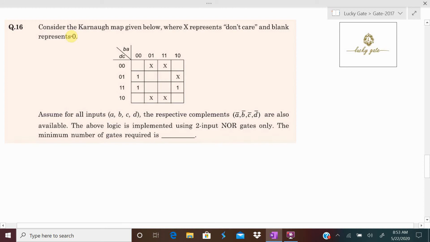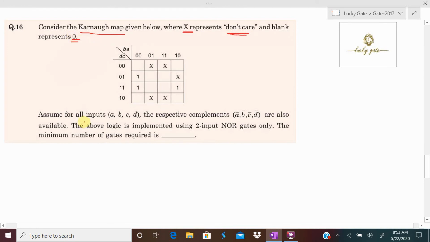Hello students, it is a question in GATE 2017 asked for 2 marks in subject called Digital Logic Design. Here understand what question is given. Consider the Karnaugh map, we call K-map in short, below, where X represents the don't care conditions and blank represents